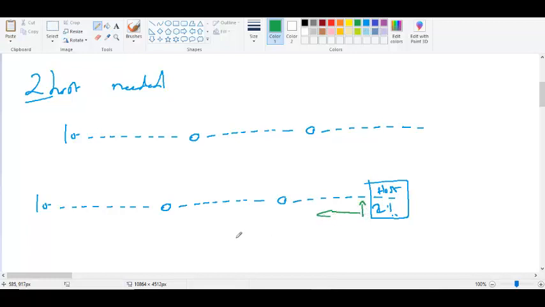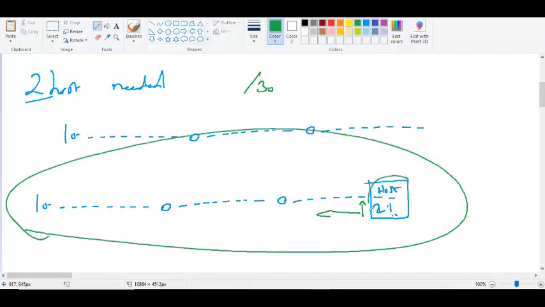When you do that, what is the length of the subnet mask? /30, isn't it? The total length is 32, but 2 you are not giving for network. 2 you have kept for host. All the rest you have given for networking. 2 bits you have kept for yourself, host bits. And the remaining 30 bits you have given for subnetting. All right. The length is now 30